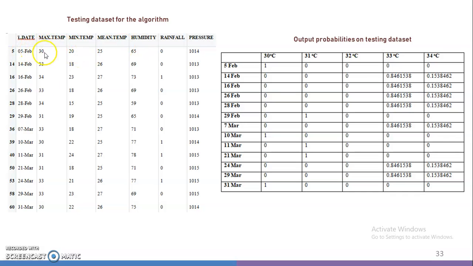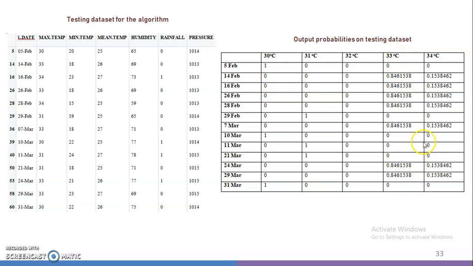In VIT Vellore we can just see 30, 31, 32, 33 and 34 are present here. So here are these, and in this part these are the other things, and based on that previous formula we take the prediction, and here we can see the output like 5th Feb. So the upcoming temperature, like for 5th Feb, upcoming means 6th Feb, the temperature will be, here the probability is 1 for 30 degrees, so it will be 30 degrees, and for 14th Feb the most probable is 33, and probability is the most for 33, so the next day's maximum temperature can be 33.